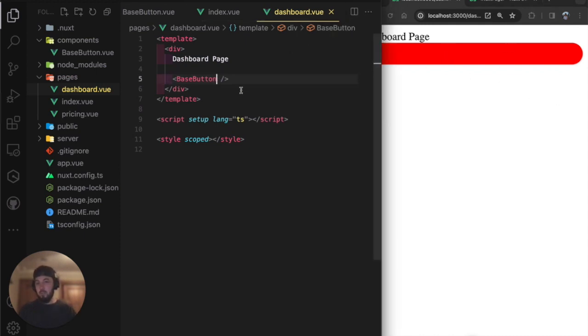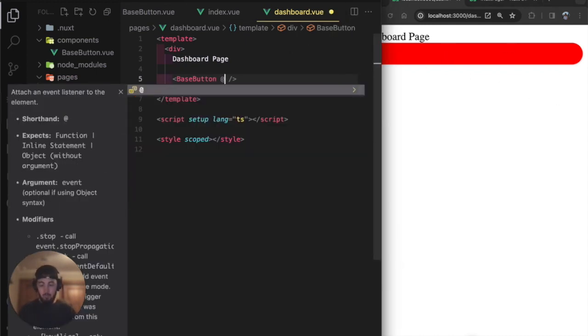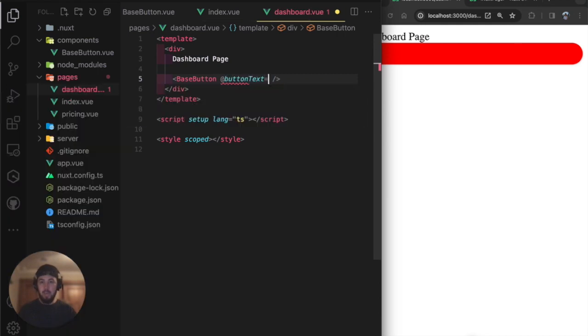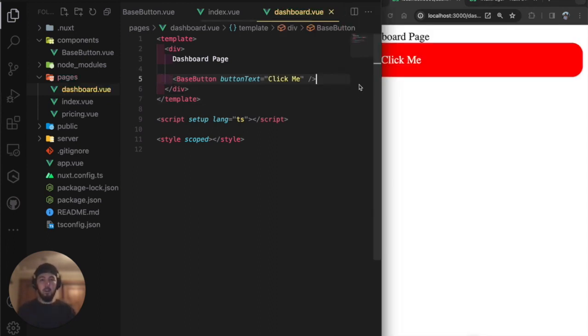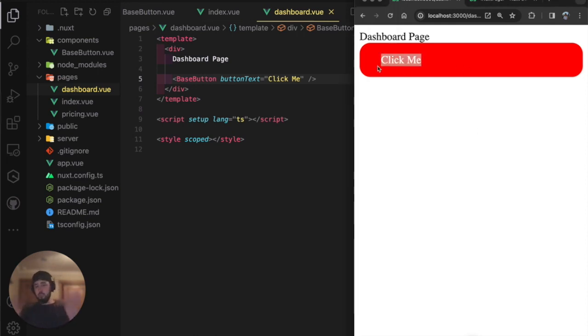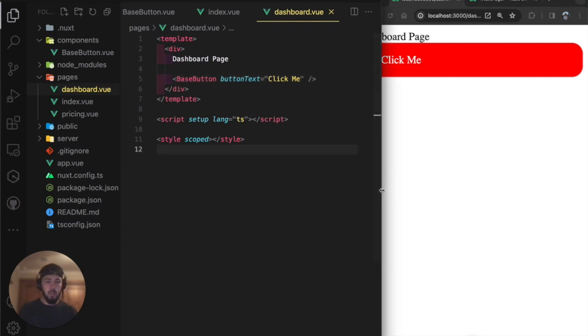Now we need to obviously give this a prop, so we could say button text. I could say click me as a button, and that should be our prop. Oh, what did I do wrong? Oh, there it is. Okay. So obviously super ugly. We can clean all this up with CSS and Tailwind, of course, but